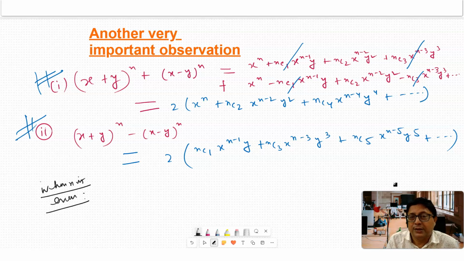If n equals 4, 5 terms are there, then the second and fourth get cancelled, and 3 terms remain. Am I correct? So in the first case, when n is even, the number of terms was 2n plus 1, here also 2n plus 1. So the number of terms after this expansion is going to be n by 2 plus 1 in the first case,